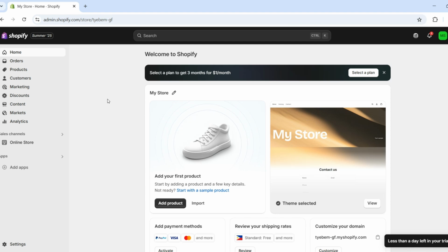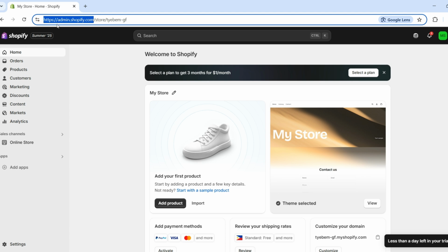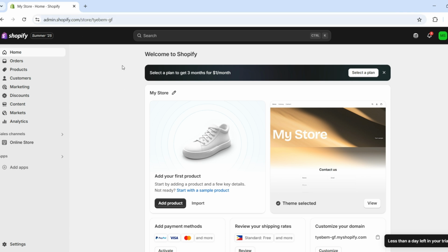So for today's video, I'm going to teach you how to use Loox on Shopify. So start over by heading to admin.shopify.com, and in your seller page, just make sure that you're logged into your account, and in the left panel